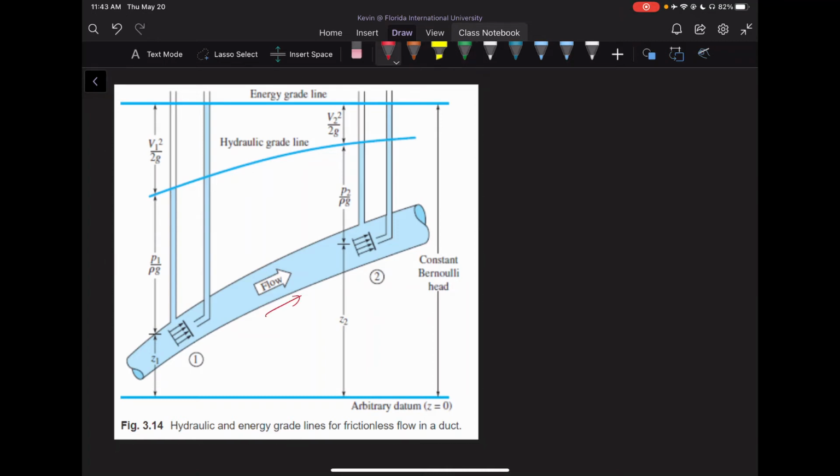So we have here a system that shows us two different points, and we have flow going up. Okay, so we have flow going up, we have point 1 and point 2, and point 1 can be said to be around here, and point 2 can be said to be around here. Okay, and we see that we can actually create a height measurement for the system. So if we remember, our equation is,